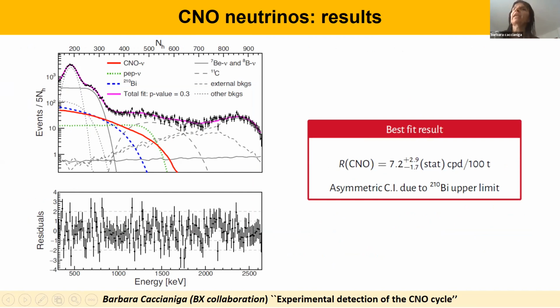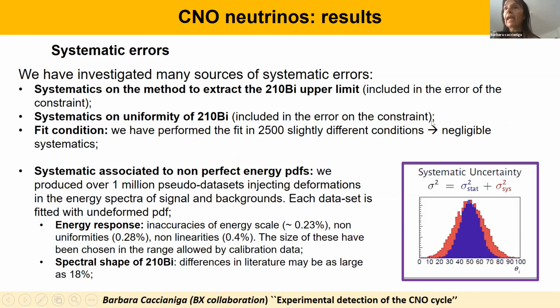Of course, we studied carefully all the systematic errors related to this measurement, which is very complicated. For the systematic error associated to the uncertainty of the bismuth upper limit, this is included in the error we put on the constraint on the fit condition. The most annoying systematic is the one associated to the non-perfect knowledge of the energy distributions. So we produced a toy Monte Carlo in which we injected deformations in the energy distribution compatible with the result of the calibration data, just to see the effect they had on our fit, and we quote the result